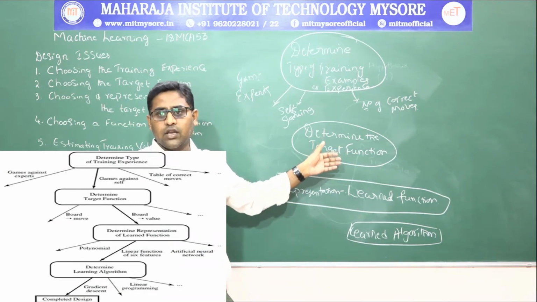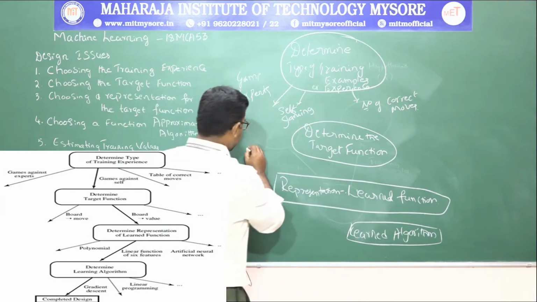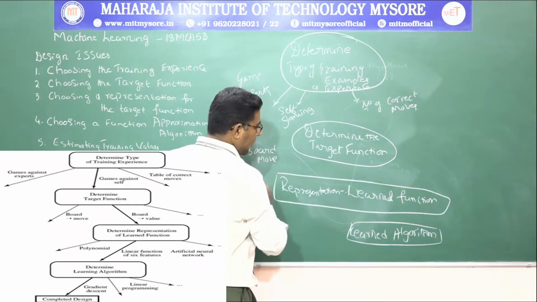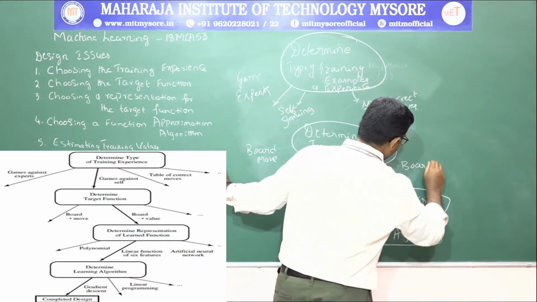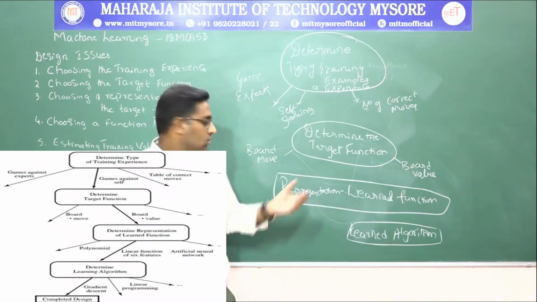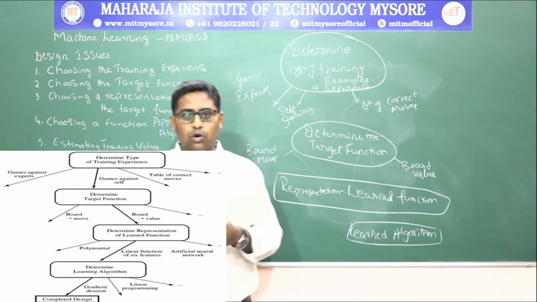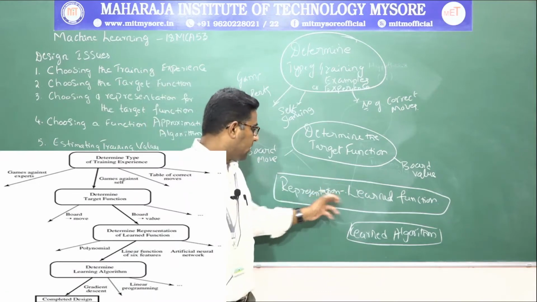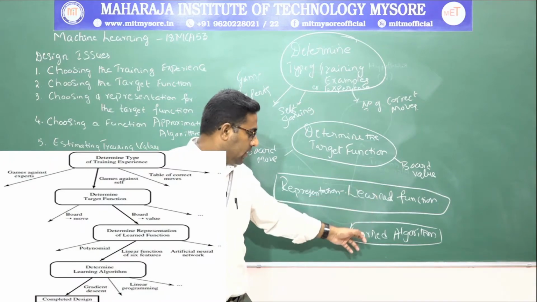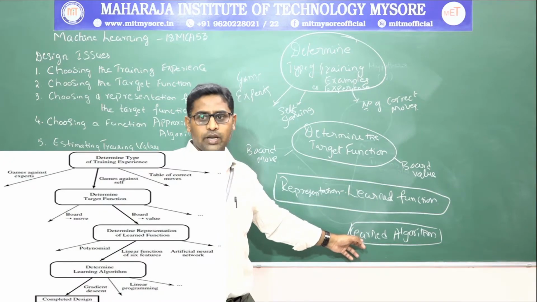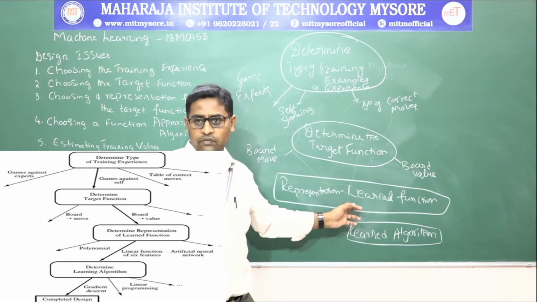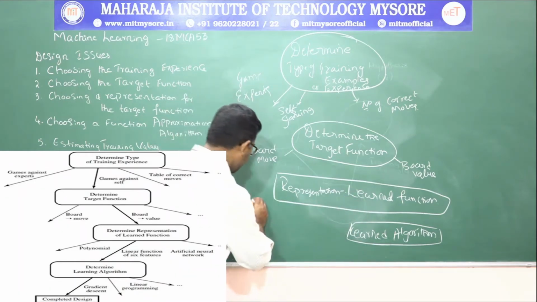So from the target function you will go with the board move, whatever you will make, and the board value, whatever you will set. The board move you will be making or the board value you will be setting will represent the learned function. Now from the learned function, you will be deriving a learning algorithm. You will determine a learning algorithm from the representation of the learned function through a linear function